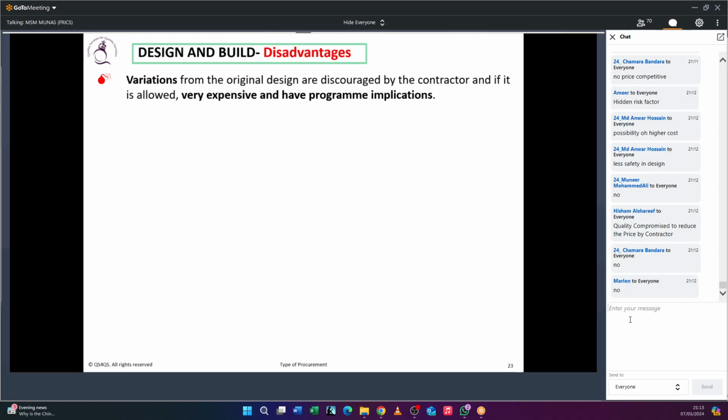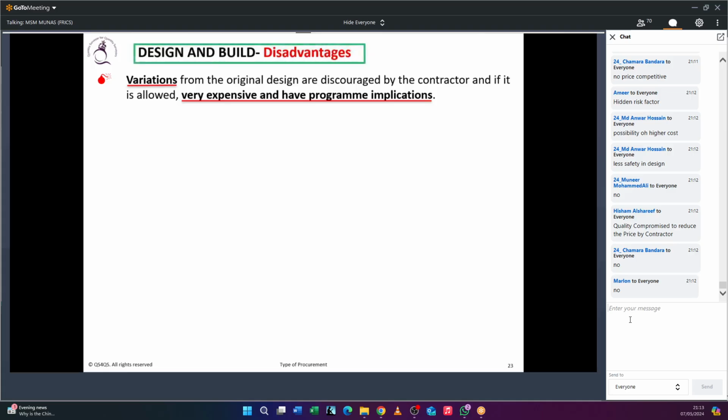So the employer will come and say, no, that is an indicative quantity. You are supposed to develop your design. The design which we gave initially is a concept design. So you are supposed to develop your design, and only that design you have to quantify. So that quantity difference is not going to be treated as a variation. So what is treated as a variation?